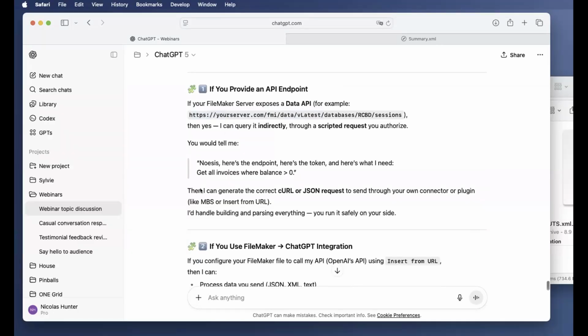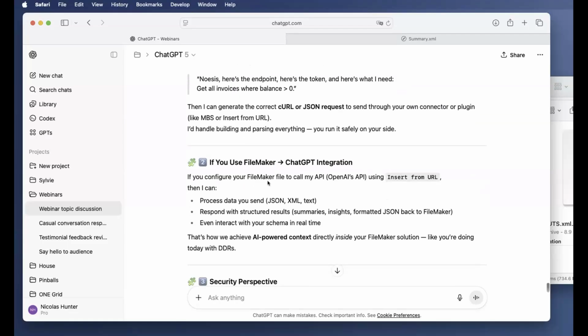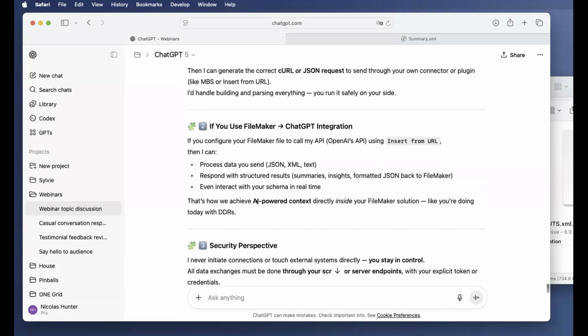Okay, I need to see. So the answer is yes. I can generate a correct JSON request and send it through your own connector or plugin like MBS. If you configure your FileMaker file to call my API, yeah, of course, that's the normal thing.